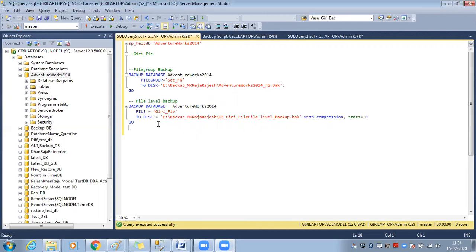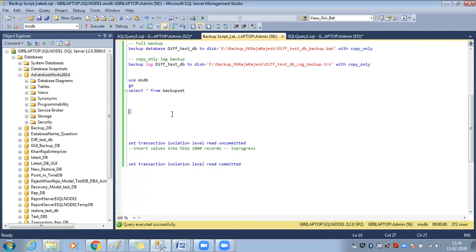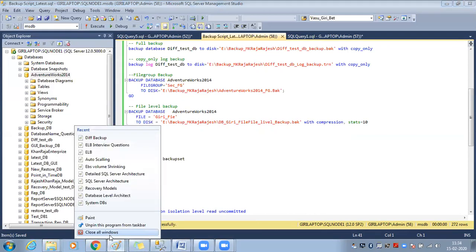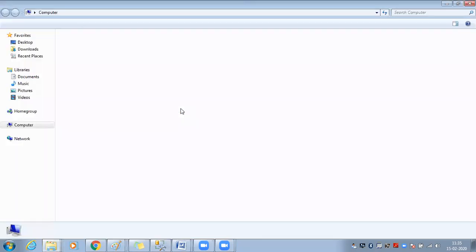Okay. So now, did you understand what is file and file group database backups? I'll just copy and paste it in here. Okay. Next one is there are two kinds of backups. So I'll just spend some 2 to 3 minutes on it because